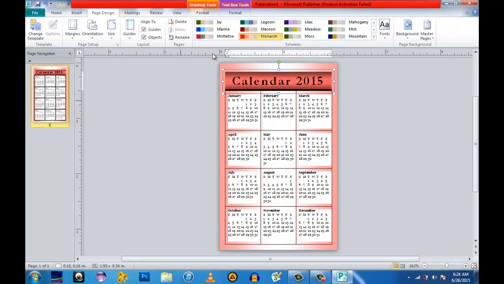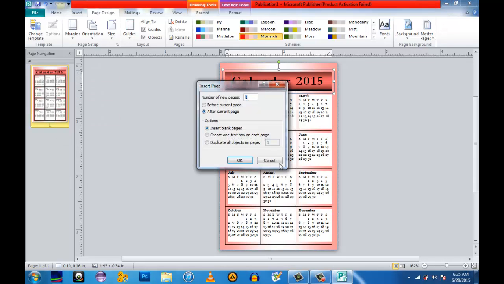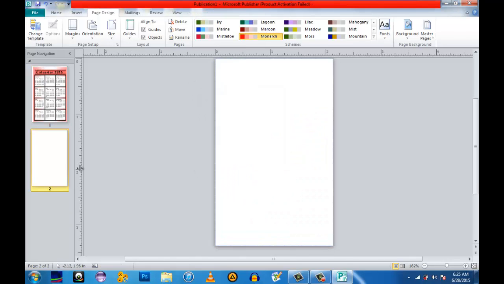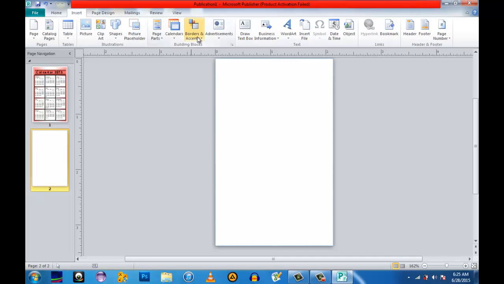on the second page, you can add now another page for the photo. That is after page, you can have current page, and then that's it. You can also put some background on this, or you can add some borderline if you want. And let us see, I want to put some border accent.